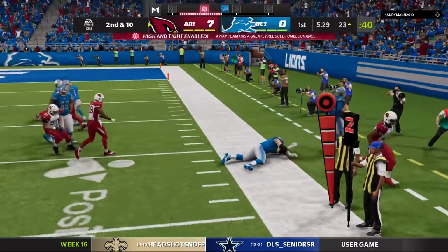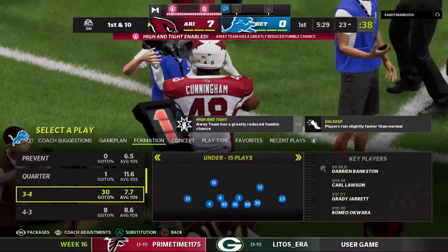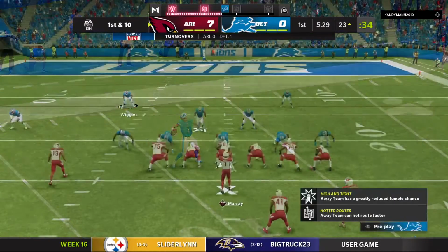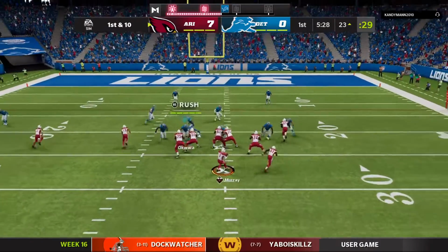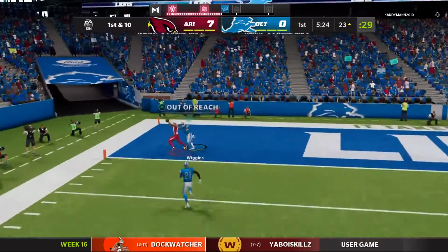Zach Cunningham with a pick. What a start defensively. Your offense goes out, gets the touchdown, and then you get the interception. Just perfect. How about the discipline that they showed on defense? Because after the offense scored to go up 7-zip, you would think they might be a little extra aggressive trying to get back at them. Instead, they read their keys well. When they took the shot downfield, they were more than...